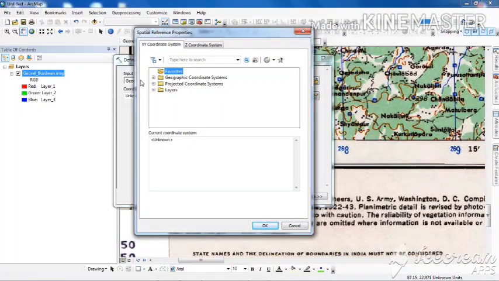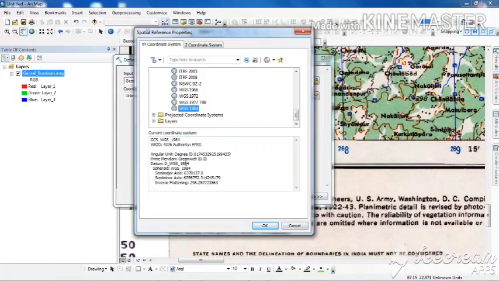Now as I am taking note of these decimal degrees, I will select the geographic coordinate system. From the geographic coordinate system I will go to World, and I will select WGS 1984, and you can see here the values are coming: the angular unit, the prime meridian is the meridian of Greenwich, the datum is WGS 1984, the spheroid that we are using is WGS 1984, the semi-major axis value, semi-minor axis value, and the inverse flattening, everything is clearly represented.